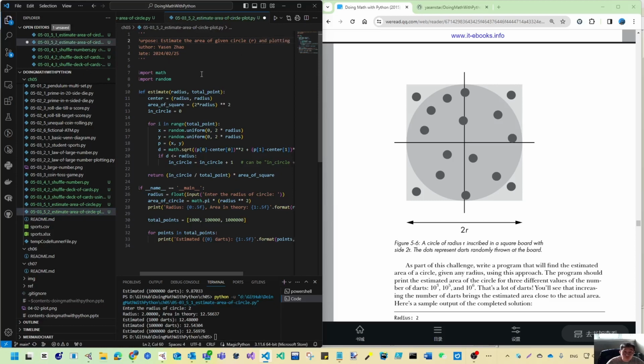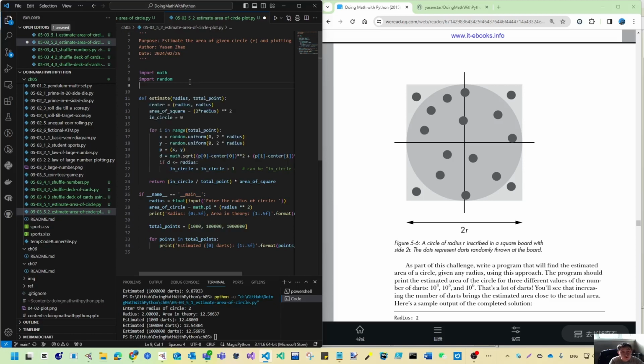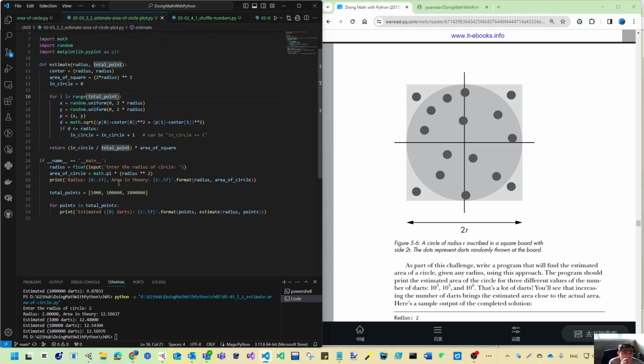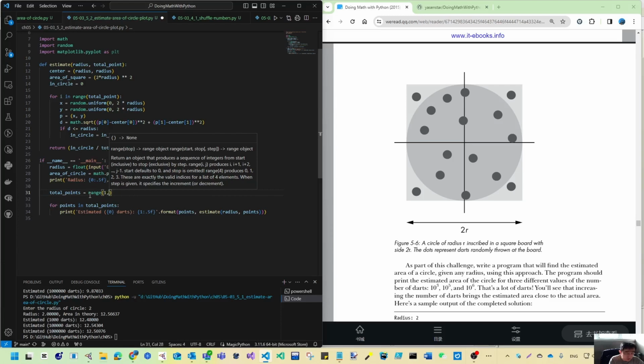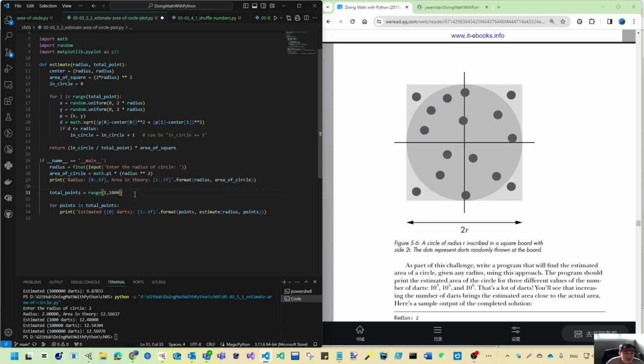And plotting, if we want to do the plotting, let's import matplotlib.pyplot as plt. So we need some lists. One list will be our total points. The second list will be the result of our target. Then we see how they approach. So for those, let's make our total point adjustment a range. Let's just go from 1 to 1000. Then we have this one, and once we have this estimated, then